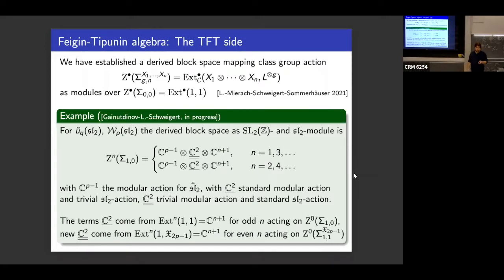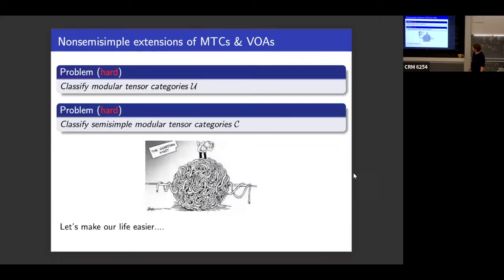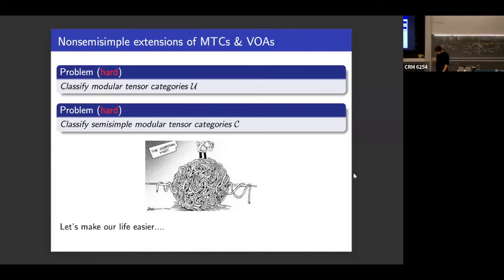Yes. So now let's start with non-semi-simple extensions of MTCs and VOAs. Modular tensor categories and vertex algebras. Yeah, how do I want to put this? So my feeling coming from the classification of Hopf algebras, so that's where I grew up in this graduate school in Munich, grew up in quotation marks, where people worked on how to classify pointed Hopf algebras, and that's what's still very much contributed by people in Cordoba, for example. Many people here are from that.